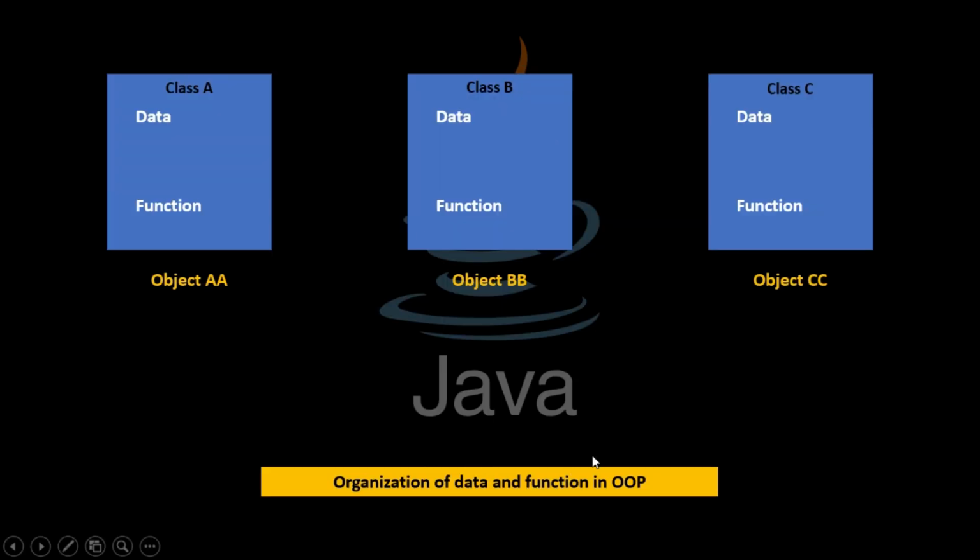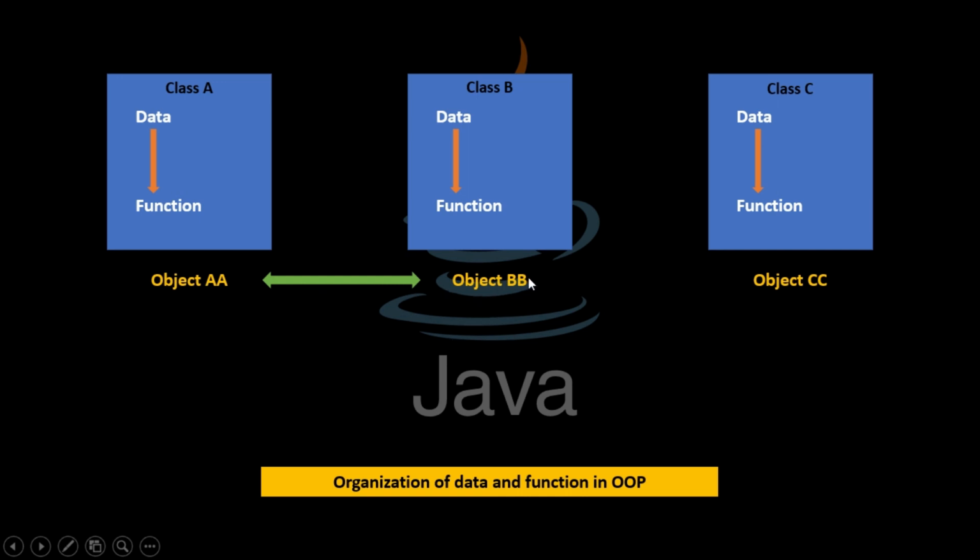So now, again move to the organization of data and function. Here I will show you how it is accessible to each one. Data is only accessible to their closely related functions within that class. This data can't be accessible for this function, as well as this function can't interact with this function. Only the objects of a class can interact with the objects of another class.